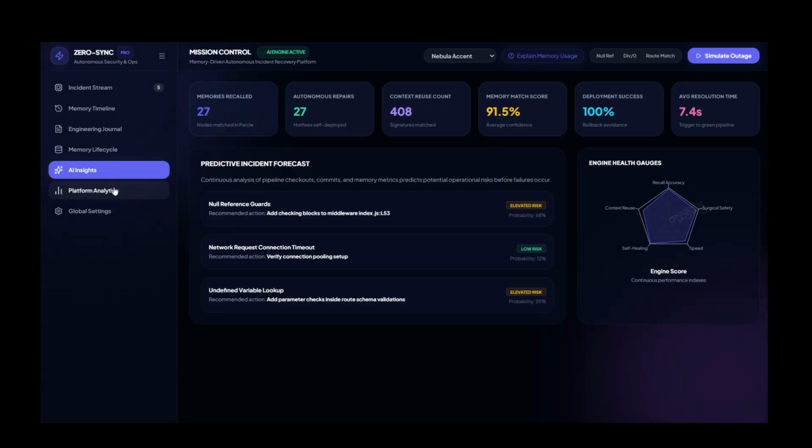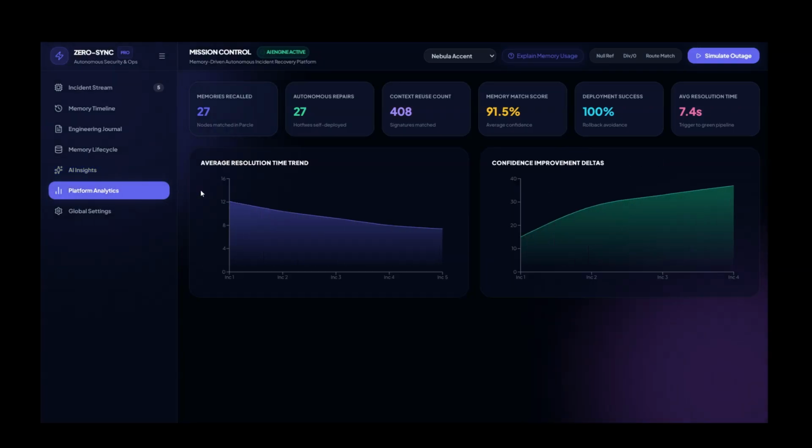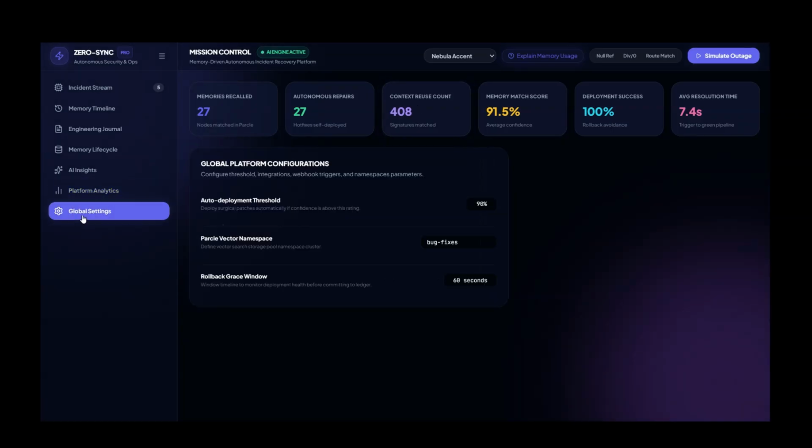The platform analytics section shows performance trends. Here we can track metrics like average resolution time and confidence improvement. This helps explain how memory improves the agent's decisions. If memory recall increases confidence and reduces resolution time, then the system is proving that historical context makes debugging faster and more reliable. The global settings is where the